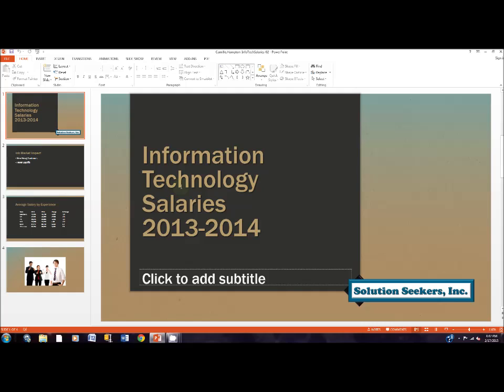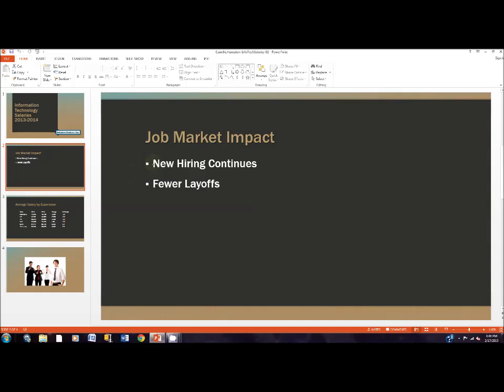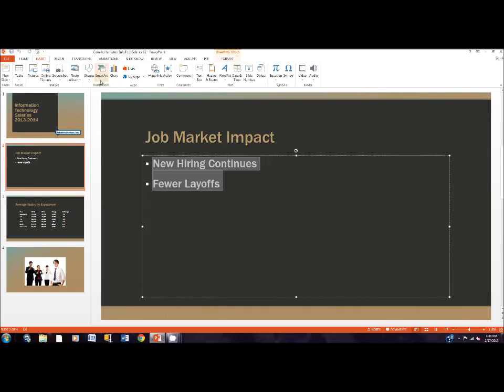Most of what we're doing in this project is all visual. We're not changing too much of the content. So we're going to jump right into step number 3, and it says on slide 2, convert the bulleted text to a SmartArt graphic. So we're going to click on slide number 2, and we're going to highlight the 2 bullets, which is the white text, and then we are going to go to where it says insert and go over to,